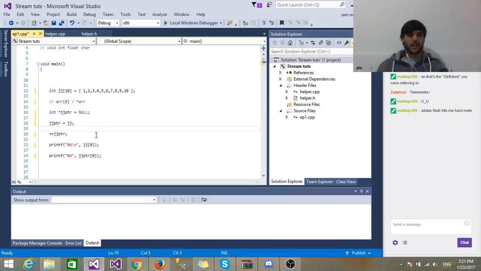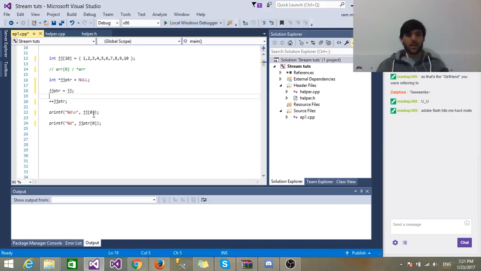So we do this, and then what we do is this. We basically print what's inside JJ0, okay? And then we print also what's inside JJPTR0. Now, as we said, why did I put 0 here? It's because I could do the exact same thing, and this is the equivalent of doing